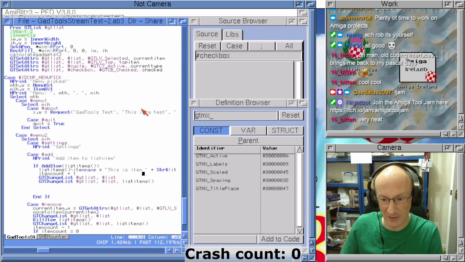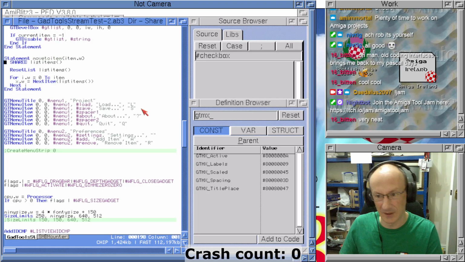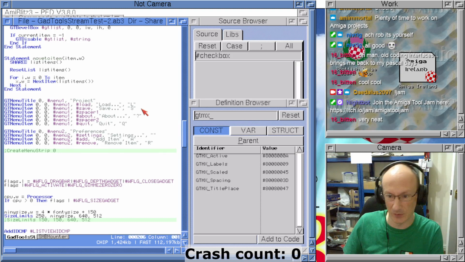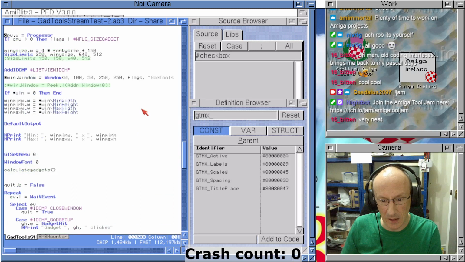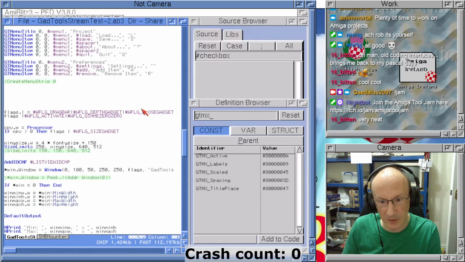So the window size is too small. The window height is too small because what's happened is I've squished the list. The list gadget, basically, if you squish it smaller than one line fits in, it doesn't like it. It has nowhere to render the stuff, and it just falls over. So let's change our window. Where's our window? Sorry. Admin size. So we were trying to be clever about this, but